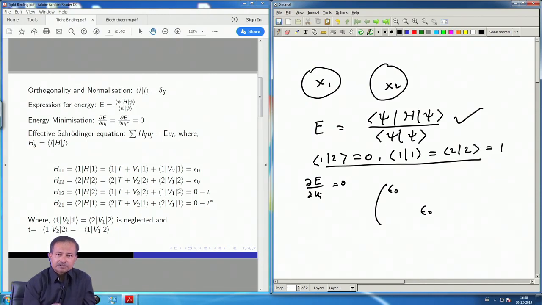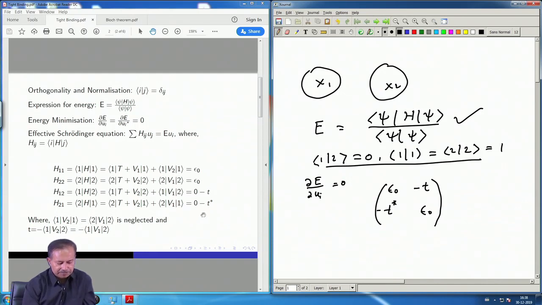This is the term that allows the electron to move from orbital 1 to orbital 2, atom 1 to atom 2, when they are brought close together, and vice versa, of course, from 2 to 1 as well. They are not necessarily different, and it is convention to choose T and T star, where one is just the Hermitian conjugate of the other. This could also be taken to be real. In the previous class I took them to be real, both as T. Otherwise I have to work with just mod T.